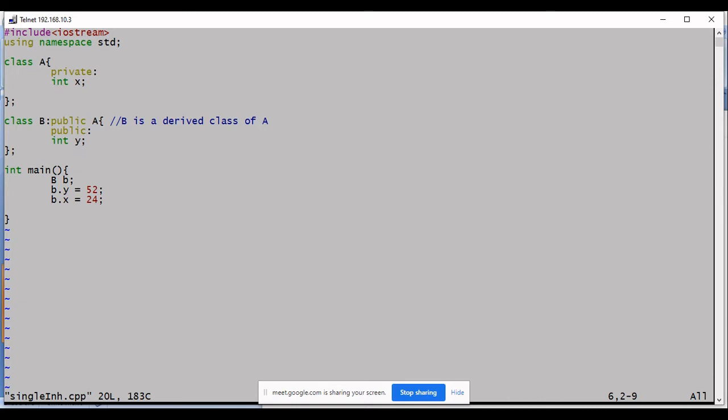Shouldn't it be that so? No. If you are allowed, that defeats the very purpose of private keyword. The reason we declare member data or function in a private section is that I do not want anyone else outside my class to access it, and I have my own reasons for not allowing.